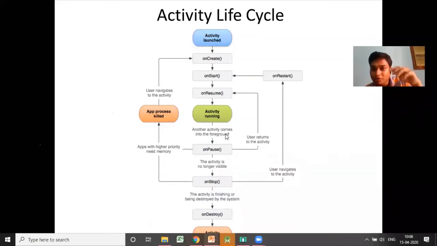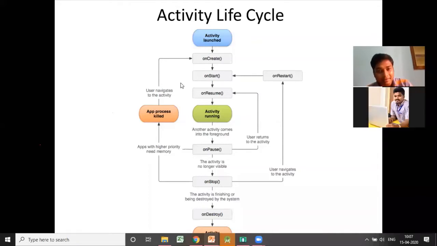That means you want to open, suppose, WhatsApp. Then what happens to whatever activity was opened? What happens in that case? That activity will be paused. Then it will stop. But that is in the background. You did not destroy that activity. You may open that activity again. That means you can play the game again.